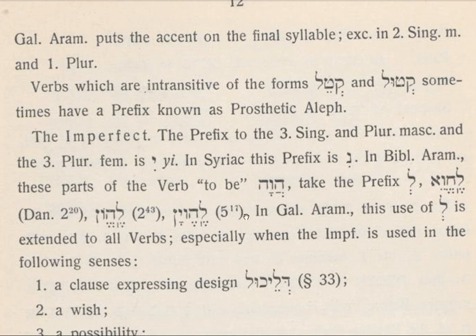In biblical Aramaic, these parts of the verb to be, hava, take the prefix le, leheve. In Daniel, leheon, lehevon, lehevan. In Galilean Aramaic, this use of le is extended to all verbs,